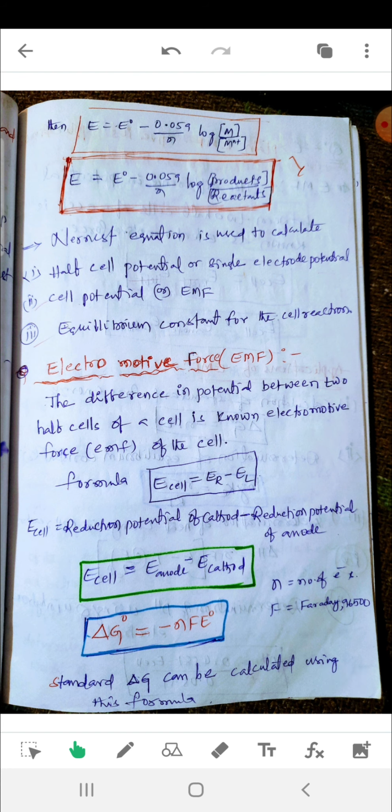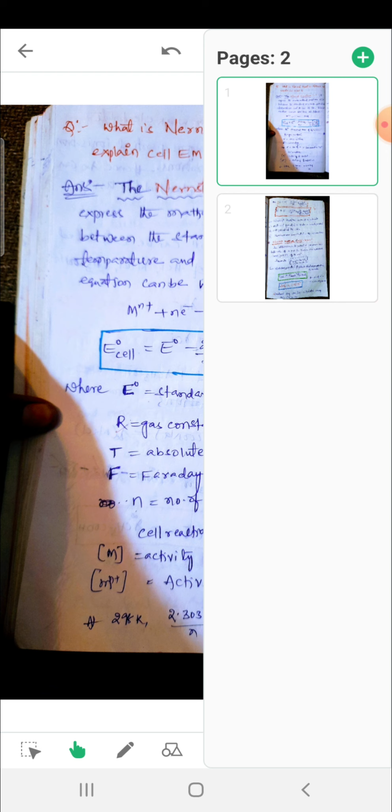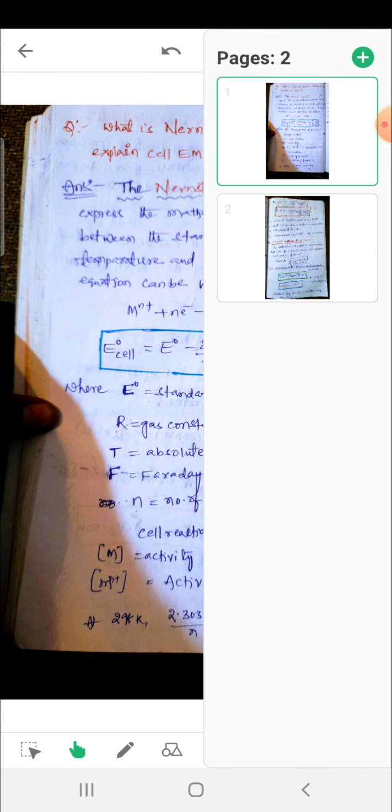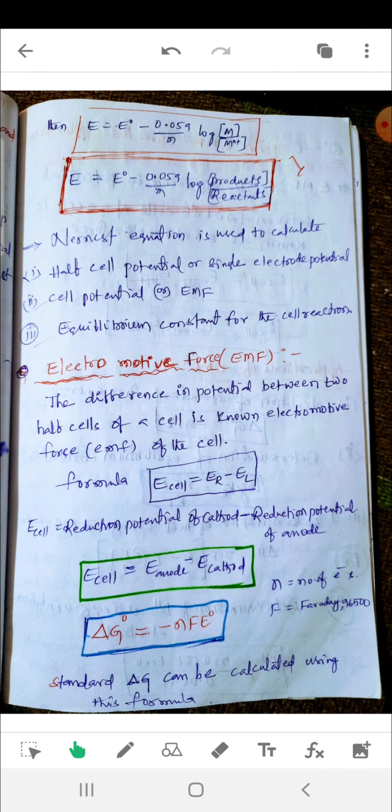Okay, these are the two terms to remember easily: one is the Nernst equation and the other is electromotive force. It expresses the mathematical relationship in this equation. So the final conclusion is the final equation of the Nernst equation, this one. The electromotive force definition and the notation you can remember as this. Very important, this is the